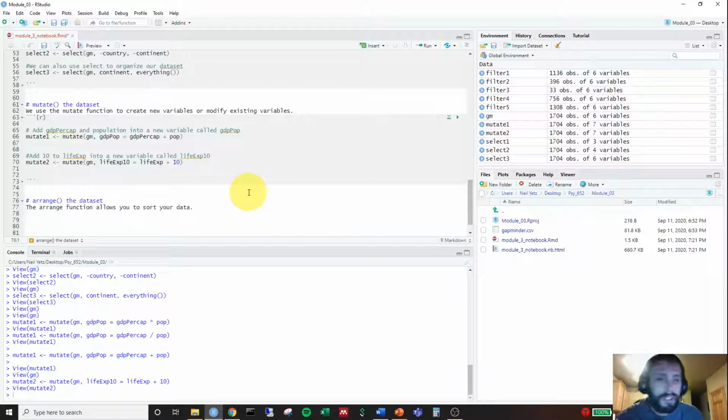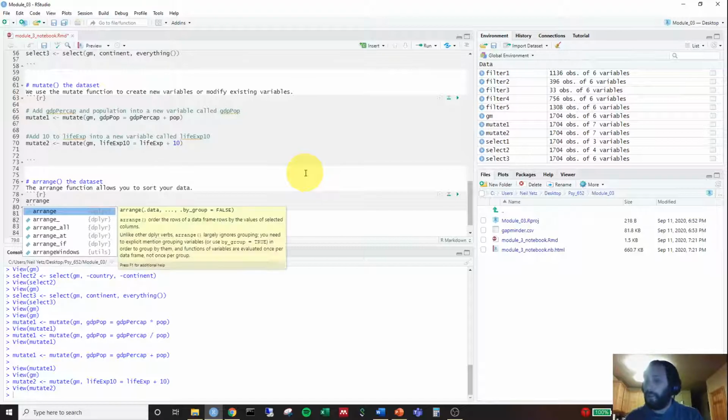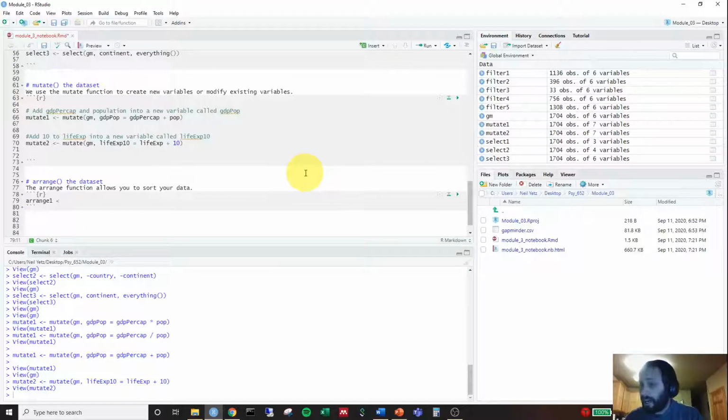It's just sorting your data so it looks a little bit nicer. Sometimes functions will require you to have your data arranged in a certain way, so this becomes really important. So we're going to go and create a new R chunk, and you're again going to see the consistency in the way that these functions run. So let's go ahead and name this first object called arrange1. We're going to use our assignment operator, and we're going to use the function arrange. And again, indicate our data set, which is GM, comma,